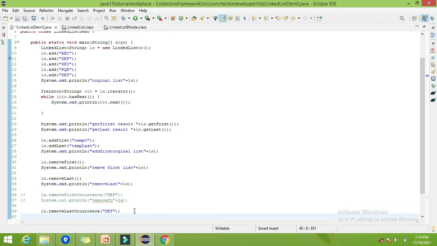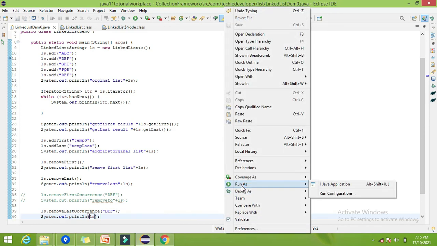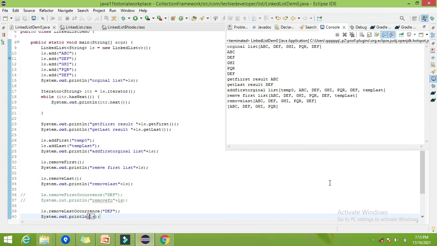We should not remove the first def; it should be in the resultant list. Now let's try to print this. So here you can find we are getting the def which is at the second position, but the def present at the last position is removed. So that is all about removeLastOccurrence. Those are the linked list specific methods which we have covered.